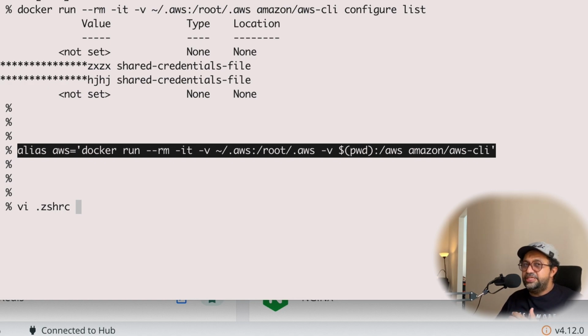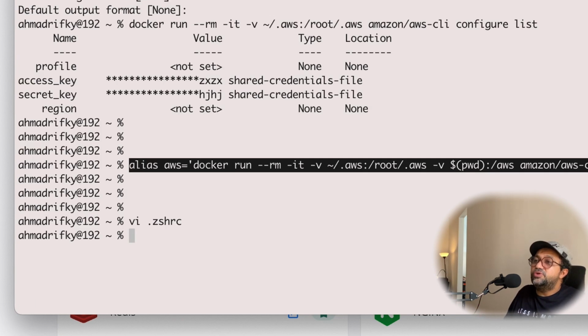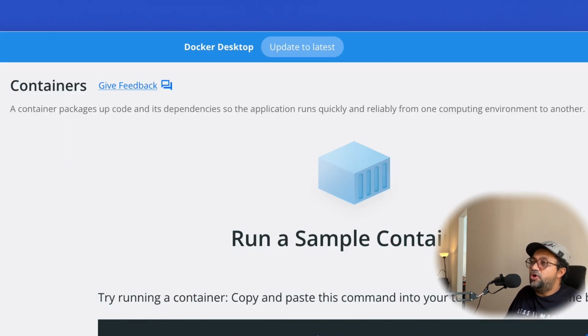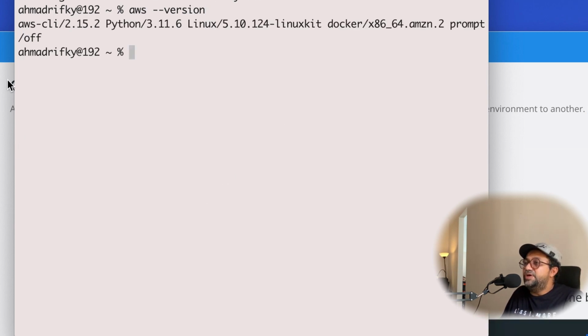But maybe you are using Linux or Ubuntu, maybe you are using the .profile in this case. I don't know about Windows. Check it, guys. So I'm going to put this one, and I just simply put it like this, guys. I'm going to save this, and I'm going to restart my terminal. So when I open it again, I'm going to run aws and then run the version, and then immediately it will create the container itself. So it's like I'm installing the AWS CLI in this case.